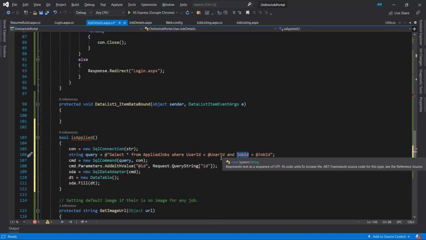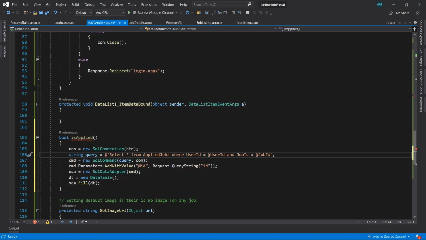Okay, so both of the ID, if it match, then only it is going to get the data. Okay, otherwise it will not get the data.